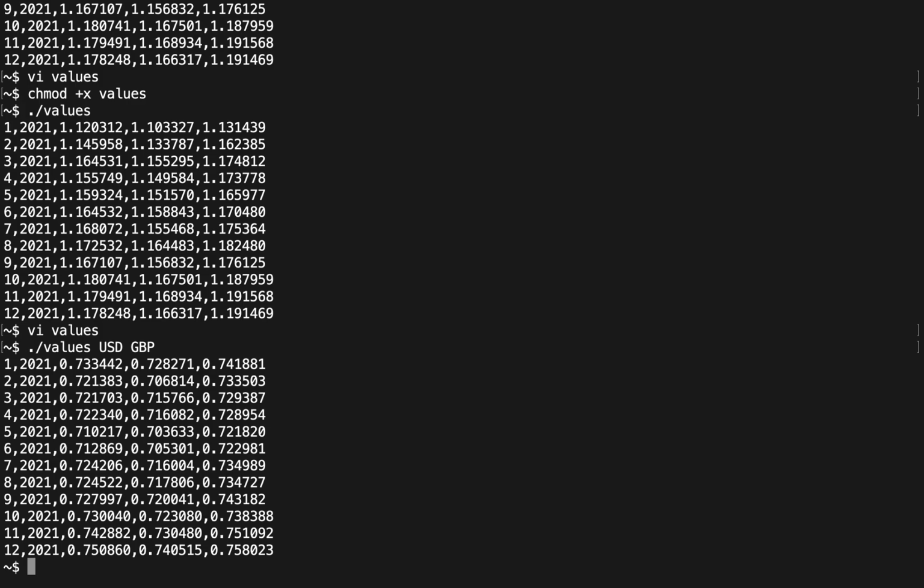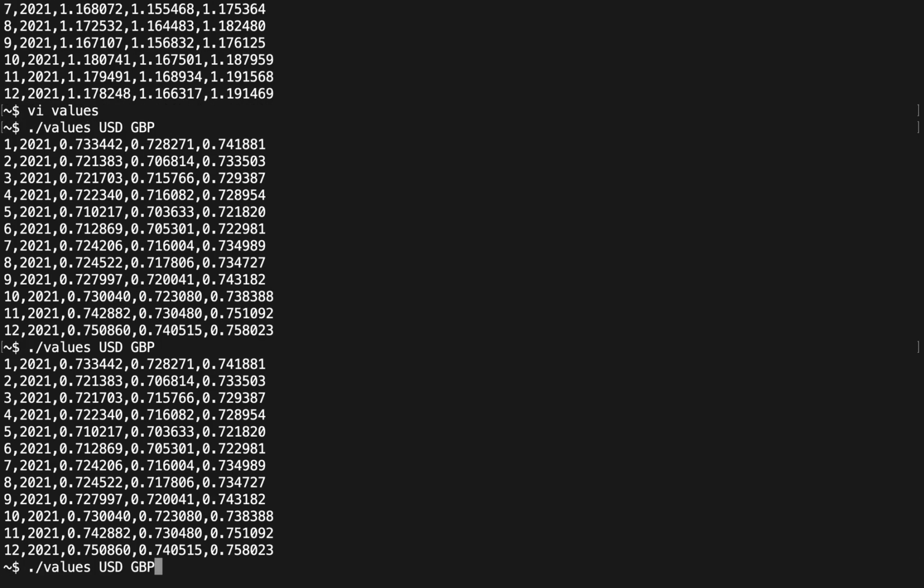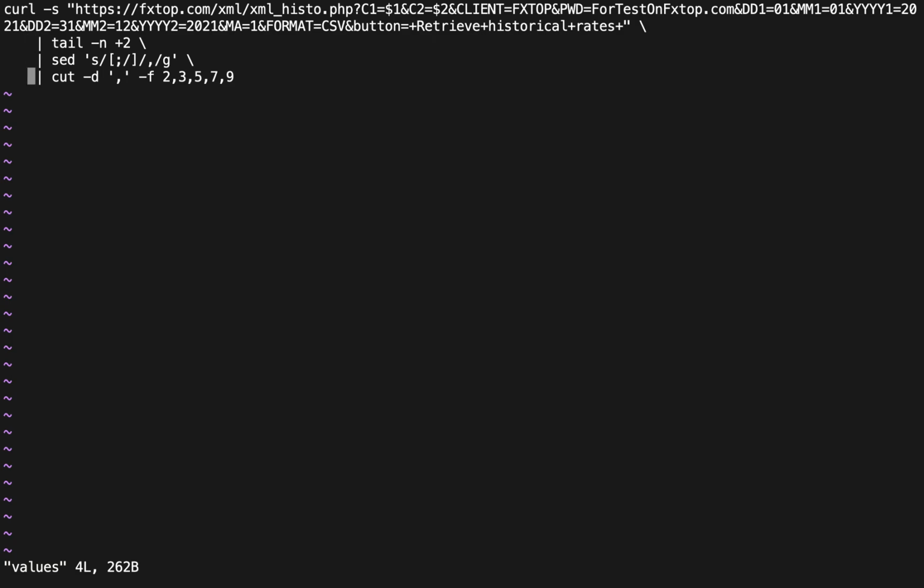Still, we would like to refine it because this will eventually be part of one spreadsheet or CSV file which will contain many currencies. So we would like to add currency information to the line. So let's add two columns in the beginning that are specifying the currencies that we're working with. So we'll add one more command